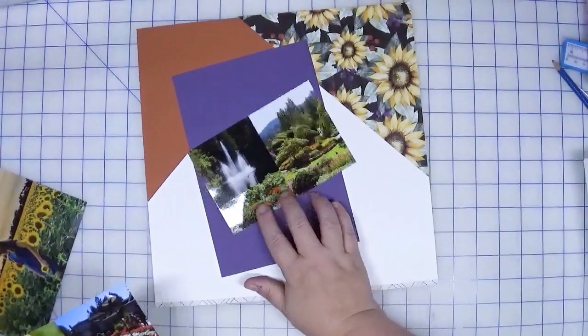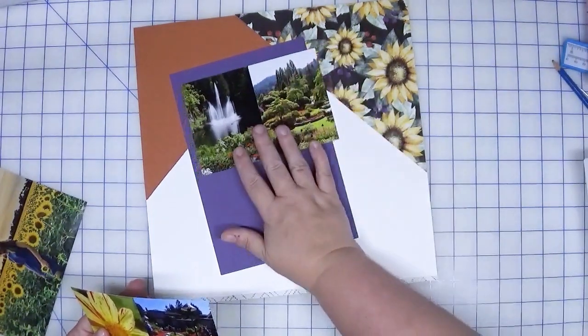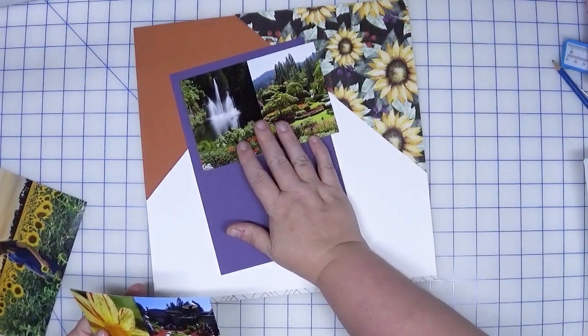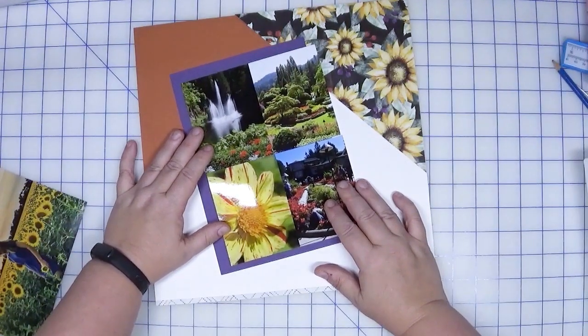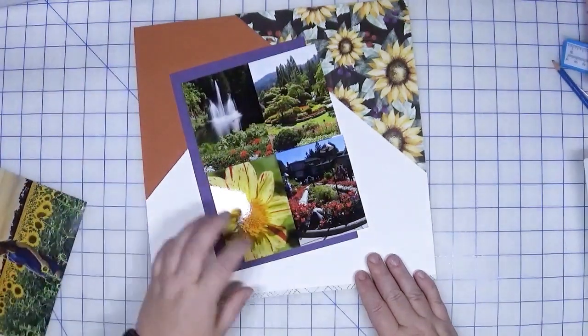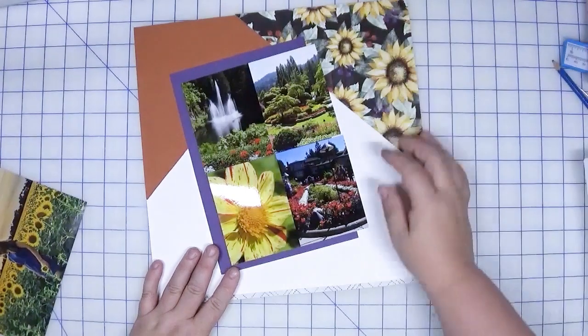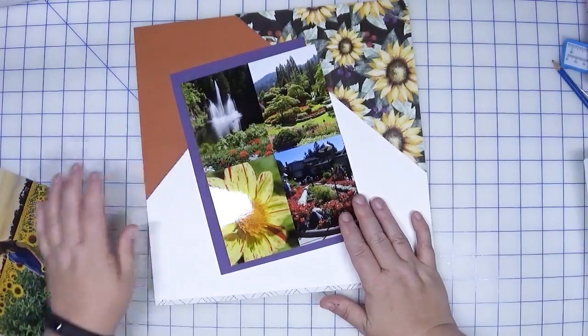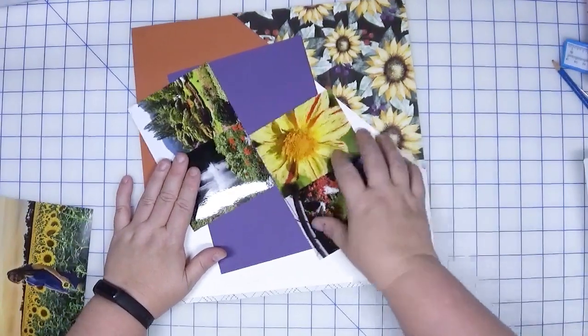Now this mat happens to be 6 inches wide, so if you do want a mat all the way around, you would need to trim. Or what I'm thinking of doing is taking 2 photos and offsetting them slightly to give the mat on 3. I think that just kind of balances out how busy this corner is, which is why I am thinking of going that direction. Of course, you can always flip them and do